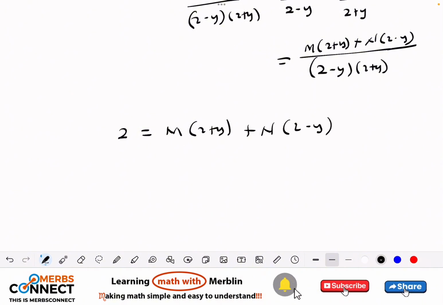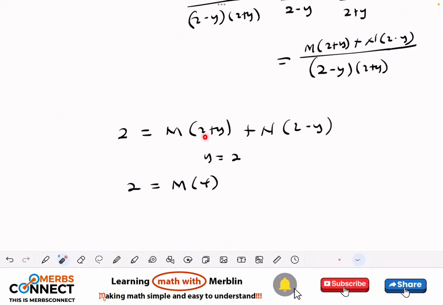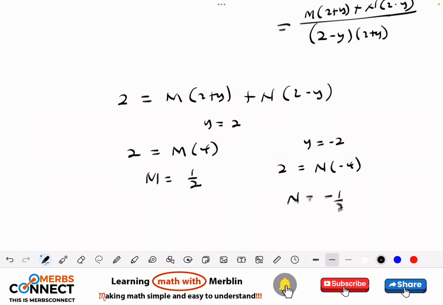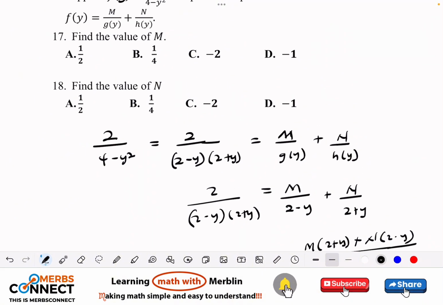Let's use the cover up method. When y is equal to 2, so I'm going to have 2 is equal to m, here will be 4. 2 plus 2 is 4. This one will go to 0. So my m will be equal to 1 over 2. When y is equal to minus 2, I'll get 2 is equal to, put minus 2 here, this one goes to 0, and I'm going to have n, and I get 4 here. Good. So m is 1 over 2, and my n